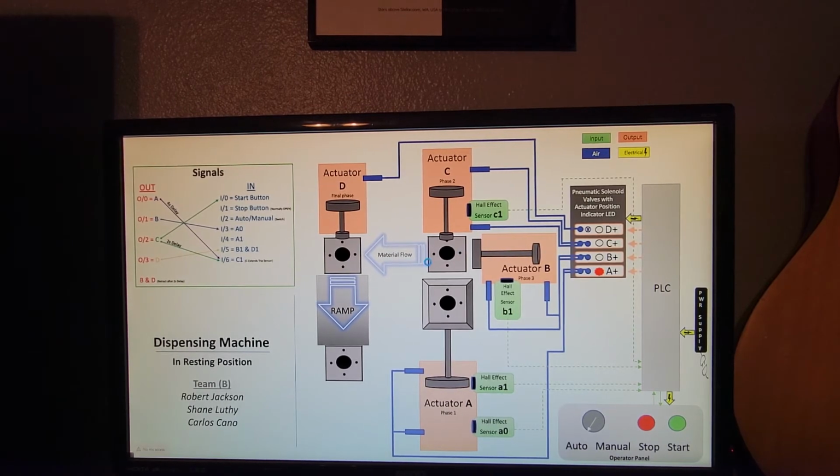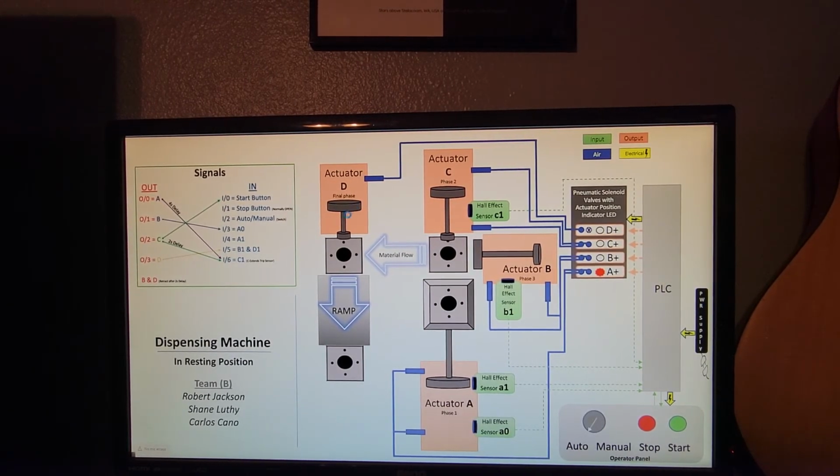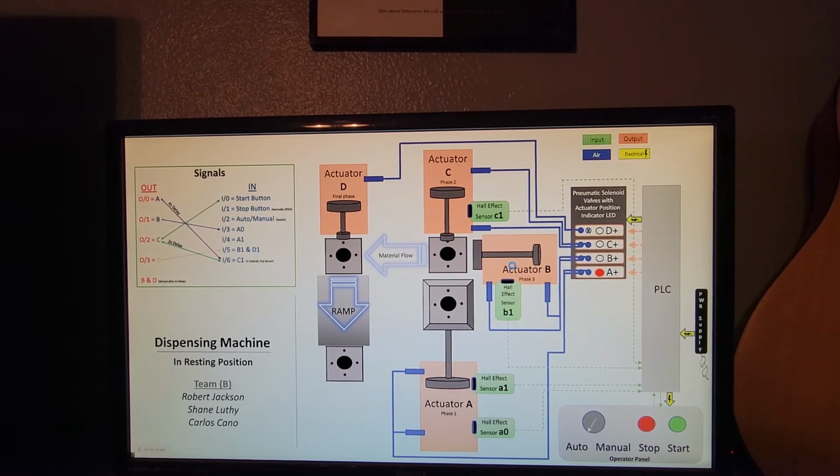Once actuator B is extended, it sets off this Hall sensor that then sends a signal back to the PLC and then to the output D, and then sends the pneumatic power to actuator D, launching the puck into the ramp. And then both actuator D and B retract, and then once they are fully retracted,